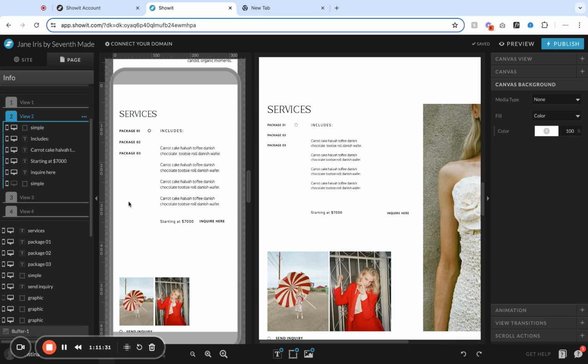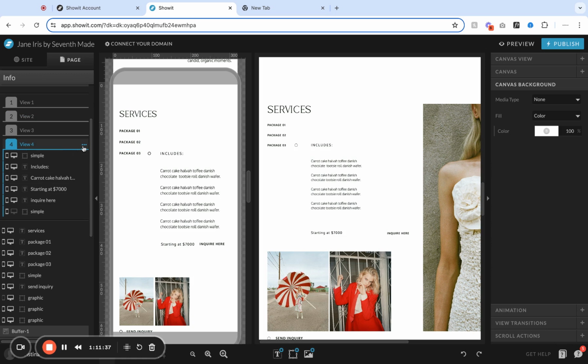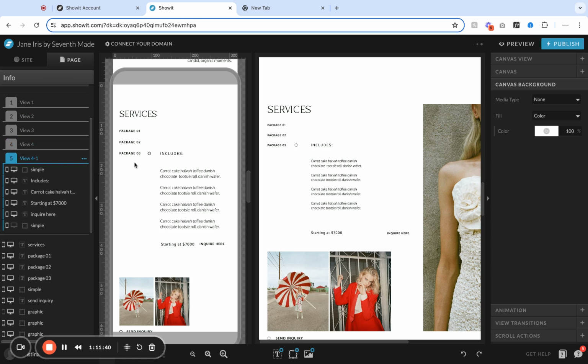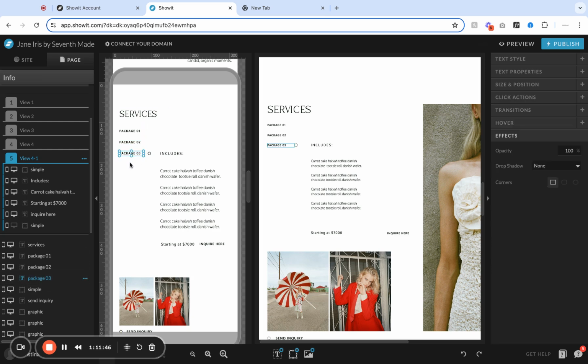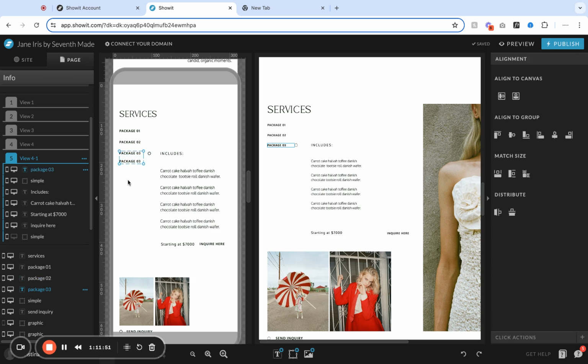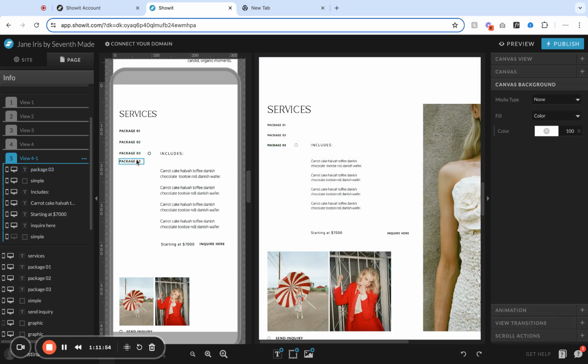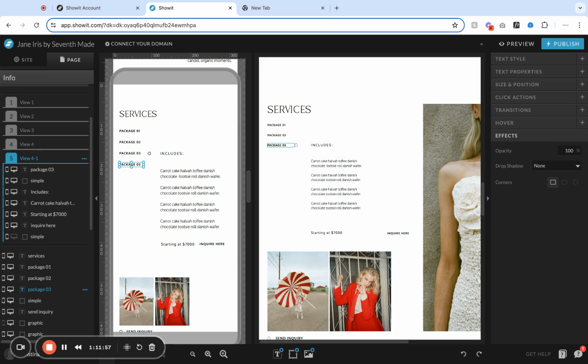Now, if you do want to add another package, you totally can. So we're going to do the same kind of process where we select the last one. We can duplicate it. We're also going to go to package 3 from here. I'm going to hold down the option key on my keyboard to duplicate. I'm going to pull this down, double click, type in 4, pull it all the way down on mobile or on desktop, and then everything in this one